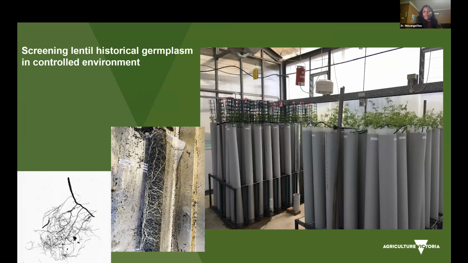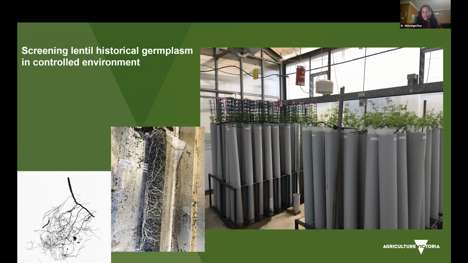So we grew them up in these big PVC 1.45 meter pots. We grew them out to maturity, and did the same process. You can see that it was wrapped up in plastic. So we took out the root system. It basically looks like a long sausage roll. The roots were sectioned into 10, 20 centimeter segments. They were washed and scanned in Mycorrhizal once again, and it allowed us to measure all the different root traits